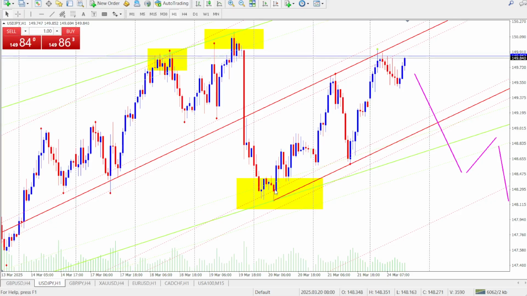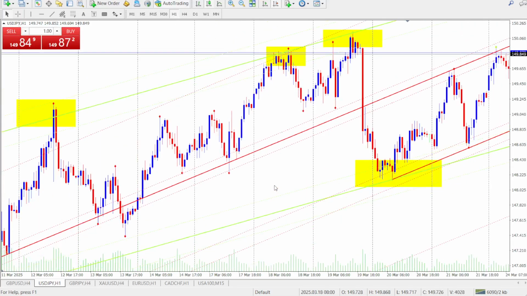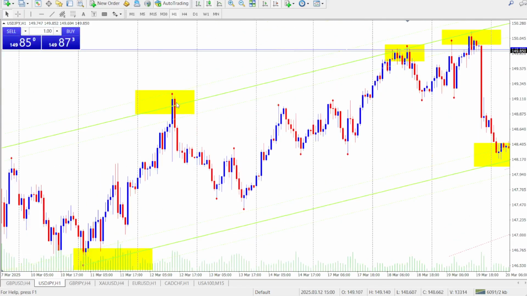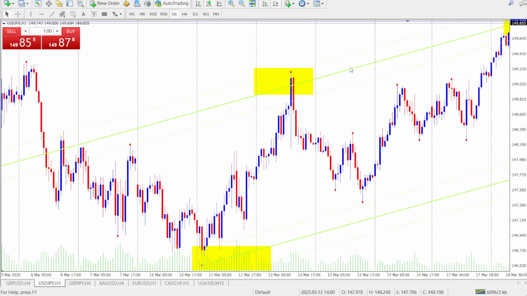Another key technique also includes false breakout. If price breaks a trend line but quickly reverses, you can see what happened here. This was a false breakout, because the price went beyond the trend line resistance. So if price breaks a trend line but quickly reverses, it signals a fake out. So this trend line